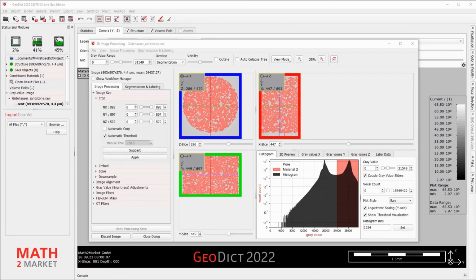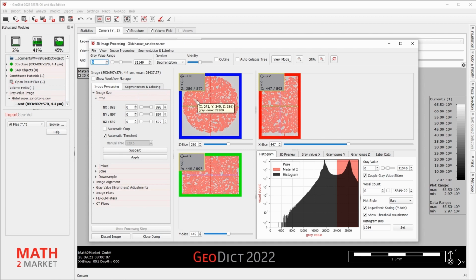In the 3D image processing window, slices in the main direction in X, Y, and Z are shown, as well as the corresponding gray value histogram. As you can see in the histogram, GeoDict already shows a threshold to distinguish between the phases pore and quartz.